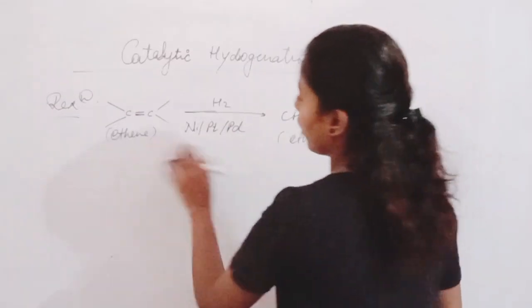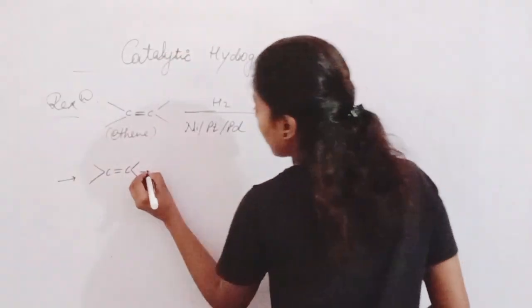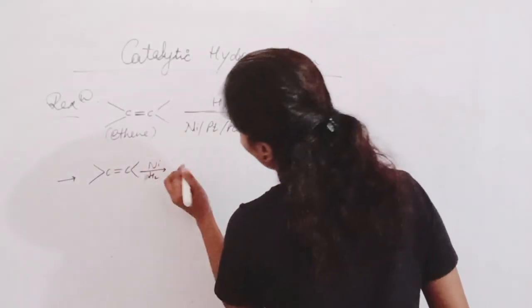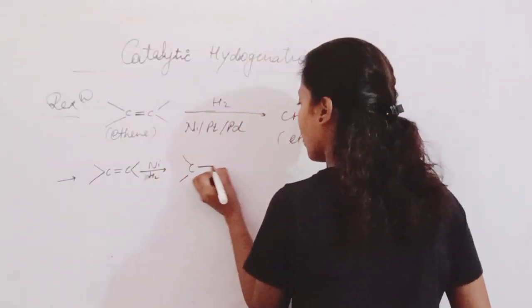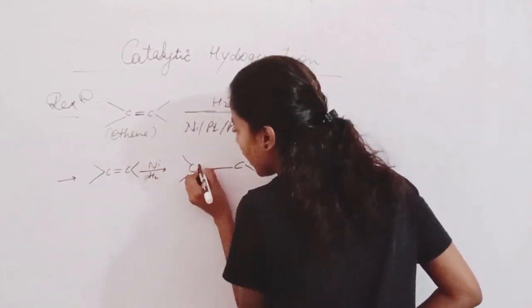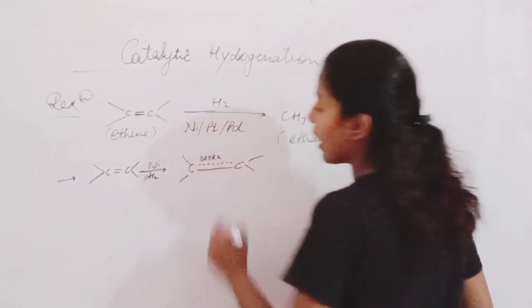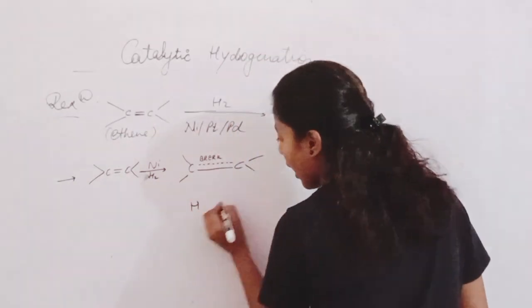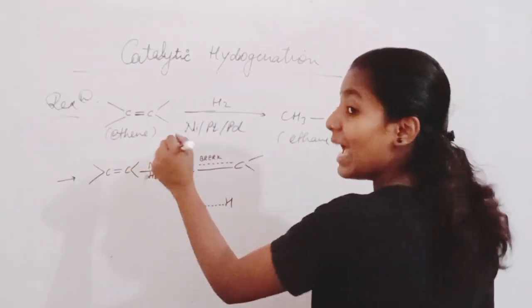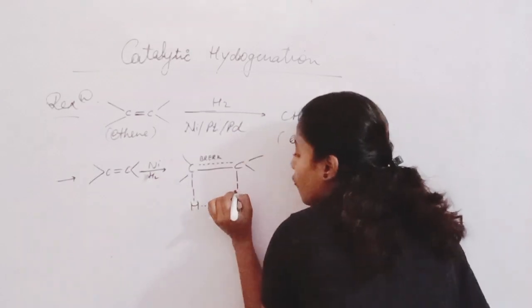Taking on the example of this particular कि ये कैसे हुआ, let me tell you. C double bonded C with this. What will happen on putting any catalyst, like let us take Ni with H2. What क्या हुआ होगा, यहाँ पे आपके C bonded पे C and C bond with C. आपका इसमें से जो एक बॉन्ड है, दो डबल बॉन्ड थी ना, उसमें से एक बॉन्ड है, वो बॉन्ड आपका ब्रेक होना स्टार्ट हो जाएगा, और यहाँ पे आपके H2 है, H2 मॉलिक्यूल का जो बॉन्ड है वो भी ब्रेक होना स्टार्ट हो जाएगा ऑन पुटिंग एट एनी कैटलिस्ट सरफेस, और आपका जो CH का बॉन्ड है वो फॉर्म्ड होना